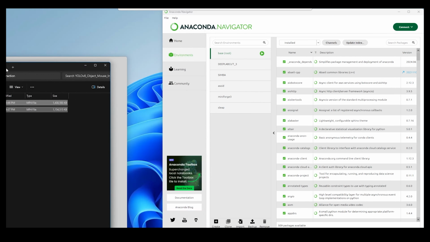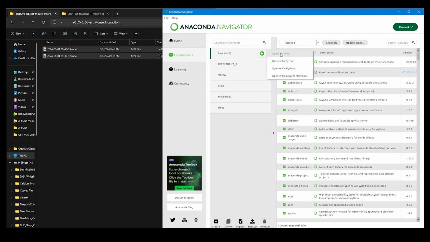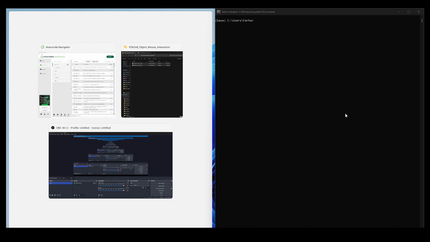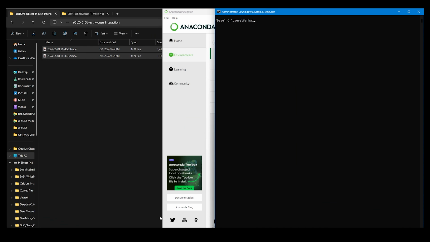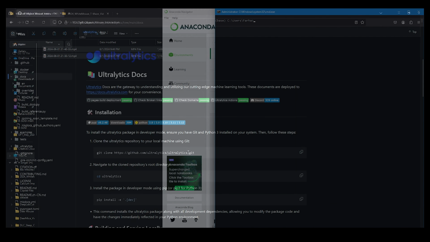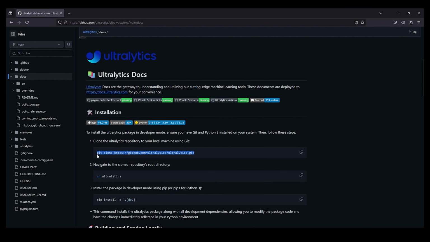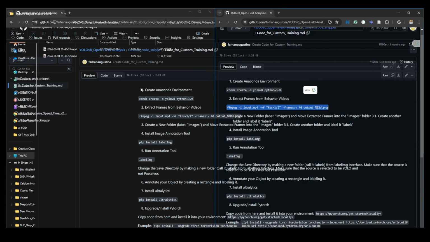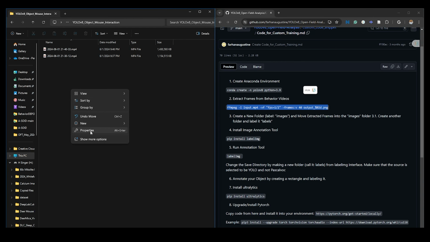So first step is to open up your Anaconda and get everything set up. Here I'm going to go ahead and install my YOLO V8 environment. So you can go over to the Ultralytics website and follow their instructional tutorial, or you can go to my GitHub page and you will find instructions like this over there. And I will leave the links to these websites down below. So I'm going to utilize my GitHub page and copy paste the instructions from there.